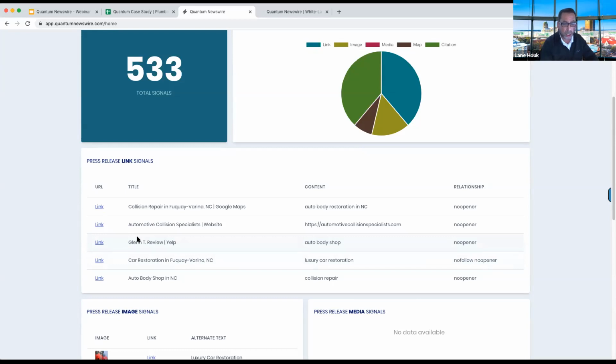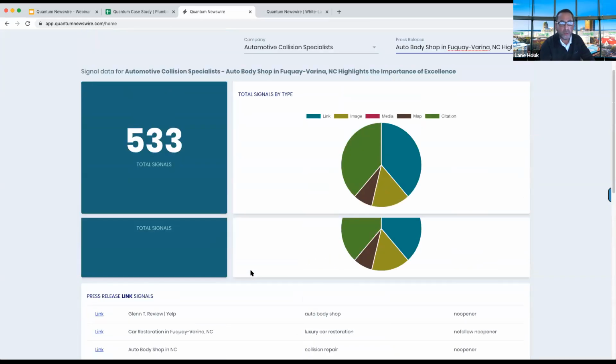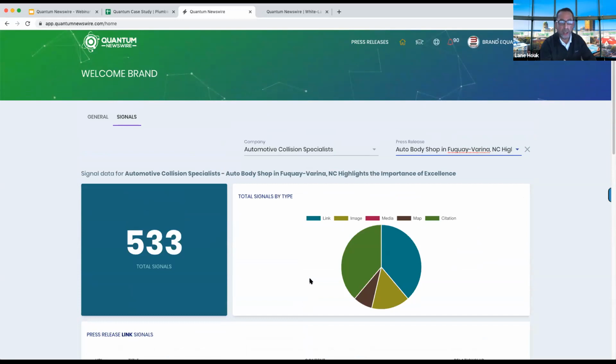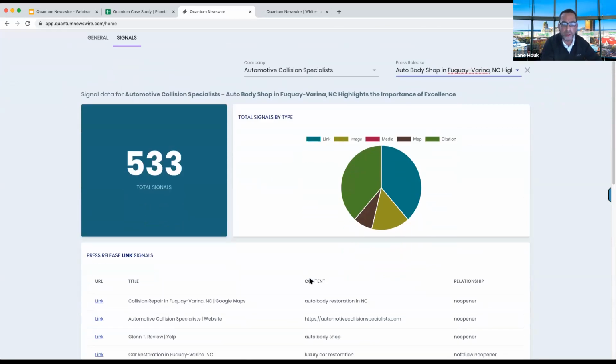We put in H1 tags or H2 tags, and those are all different signals that Googlebot finds and quantifies, and it assigns those to an entity when it can associate those signals or that content with a defined entity. So signals are what Googlebot is looking for and quantifying, and oftentimes even scoring